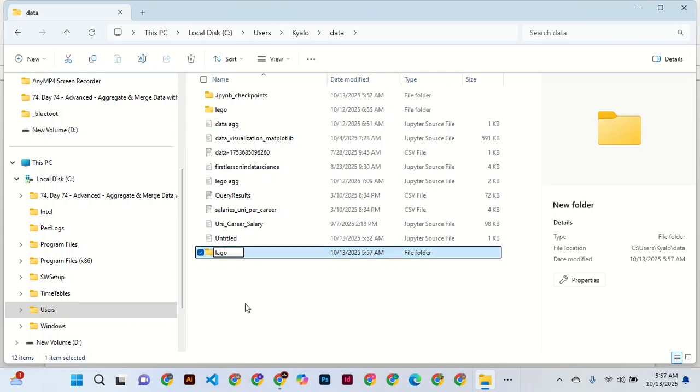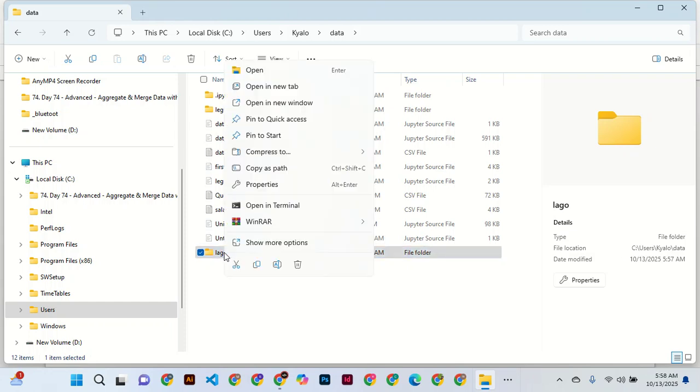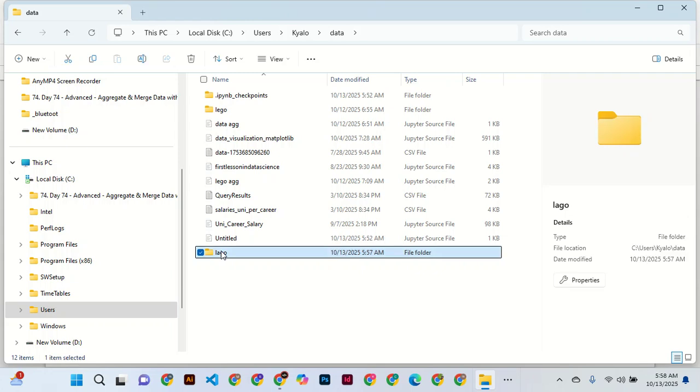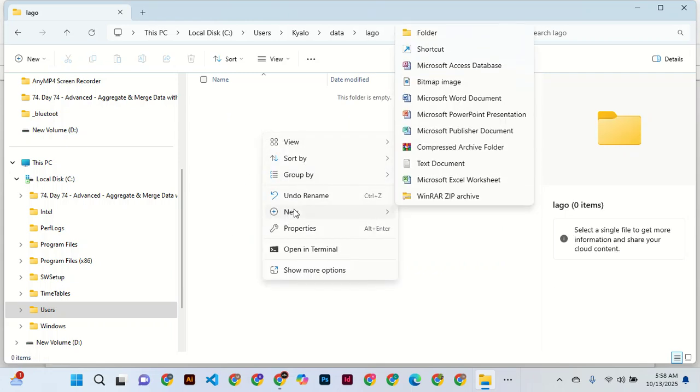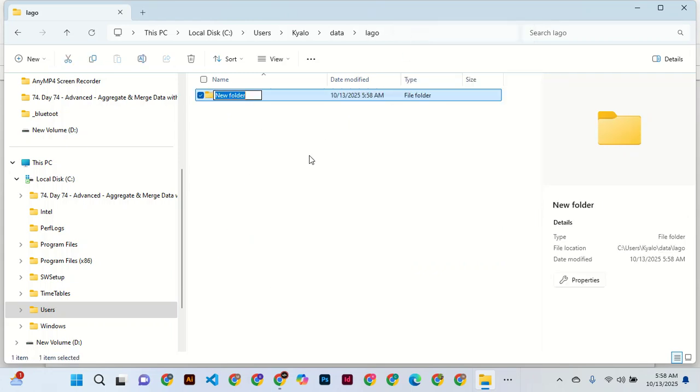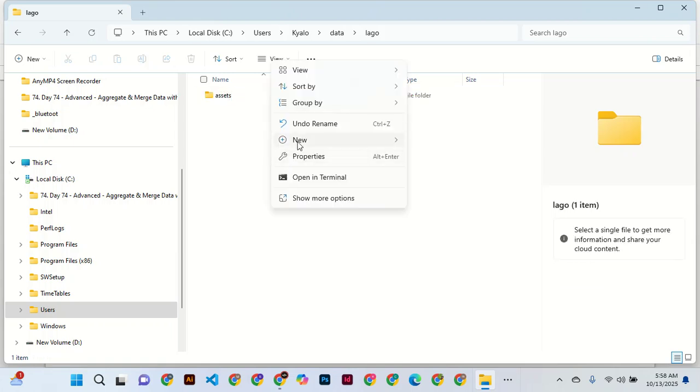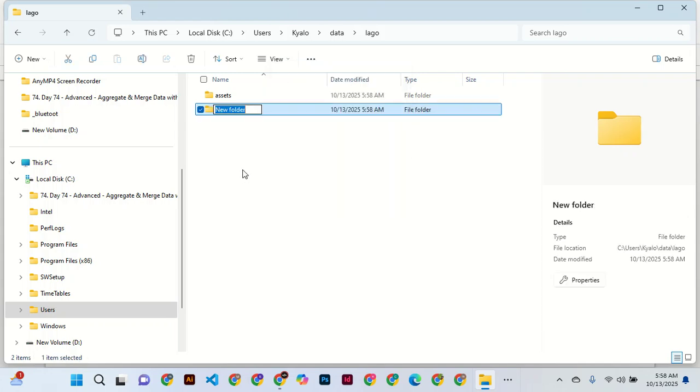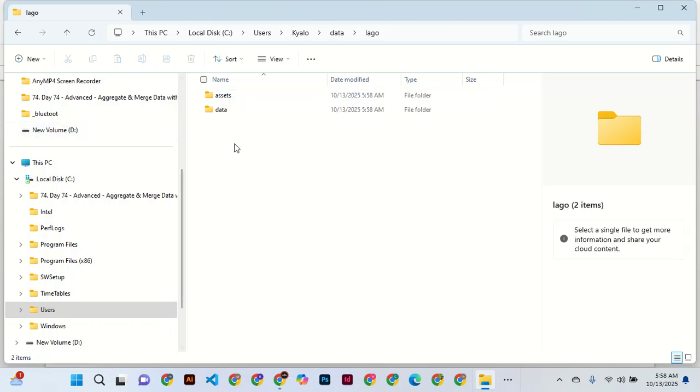And Lego, I have to create another one here inside it, and I call it, let me open, create new folder. I call it assets, that for images, and I create another one. I call it, what do I call it? Data. And now all assets I copy and